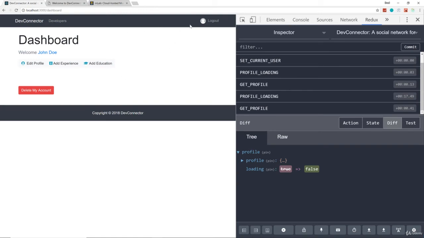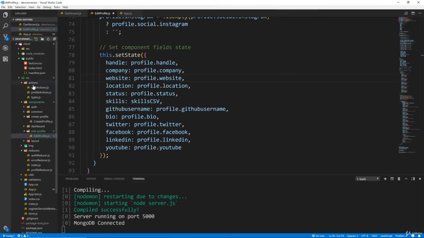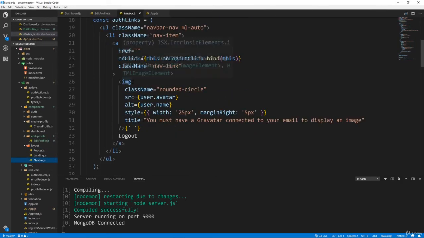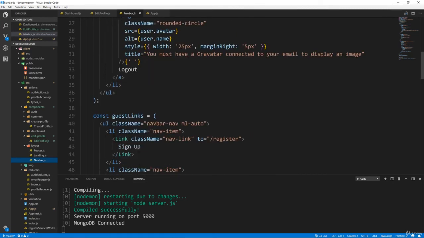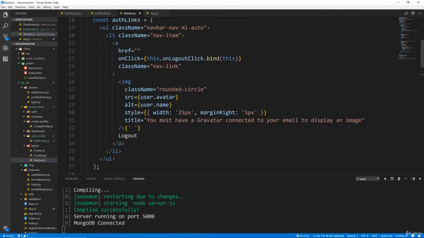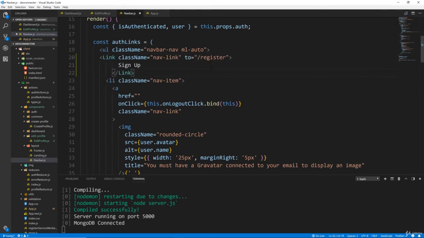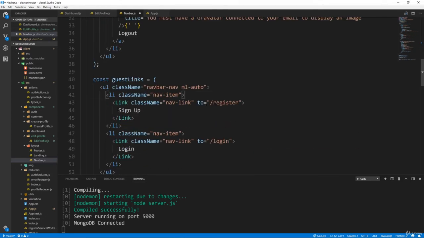Oh, you know, one thing we forgot to do is add a dashboard link. So let's go ahead and do that real quick. So in navbar, we want to go to components, layout, navbar. And remember we have our auth links right here. We just want to add in a dashboard link. So I'm actually just going to copy one of these from the guest links, and we're going to put this right here. Actually, it needs to be in an LI,